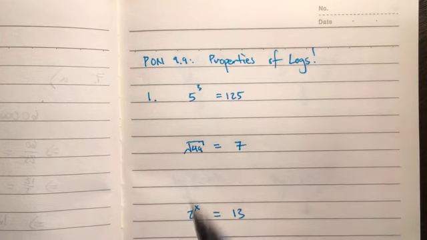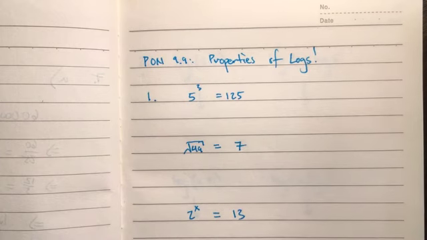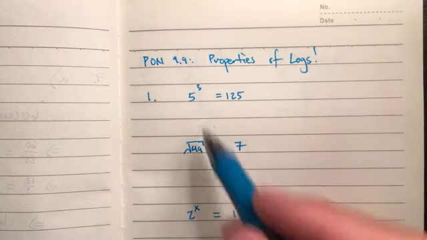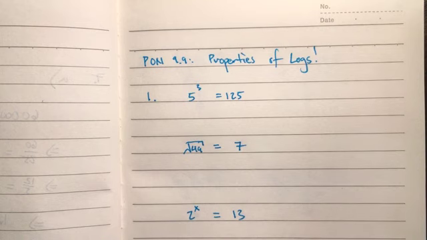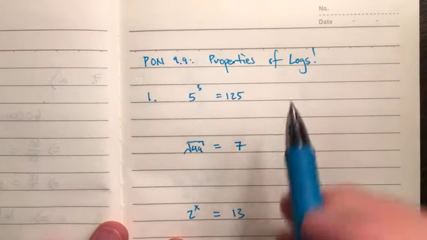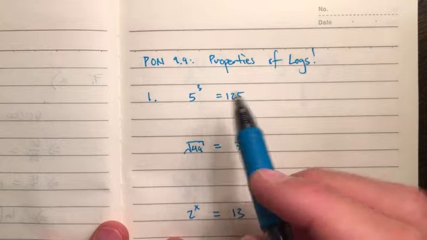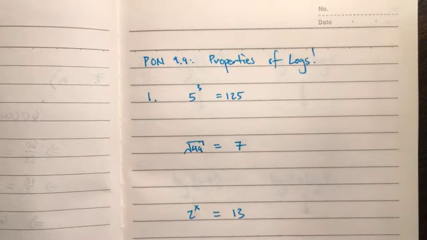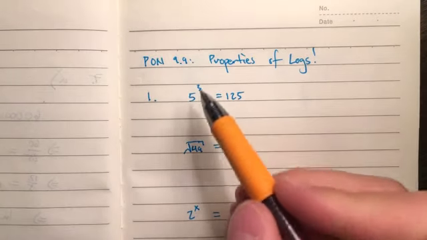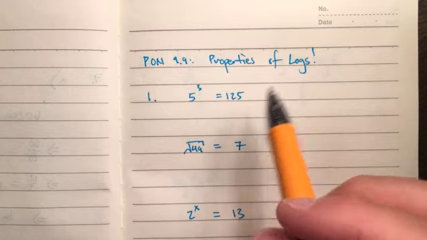Okay, so I'm just going to be going through PON 9.9, properties of logarithms. And it begins by asking us to rewrite some exponential equations in logarithmic form. There are a couple ways to do this. One is to think about it as the inverse operation and imagine basically taking the log of both sides. And another way is just to sort of memorize the formula and say, well,